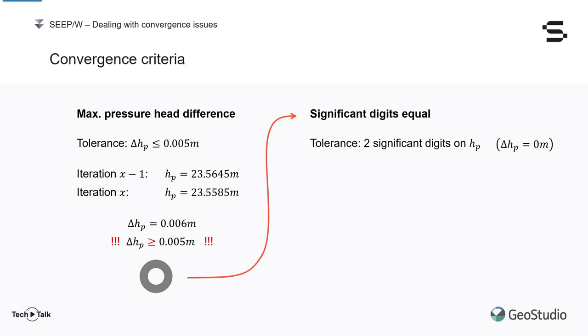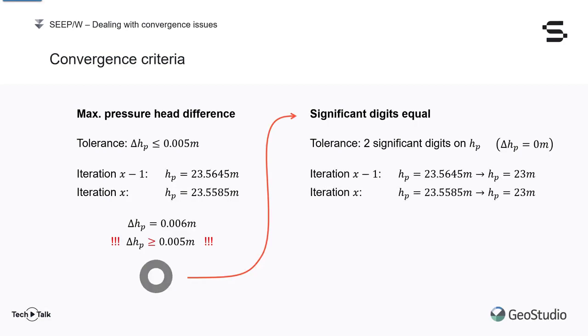Using our test values that failed the first convergence criterion, if we express both using only 2 significant digits, they both take a value of 23 meter of pressure head. Since there is no pressure head difference between these two values once expressed with 2 significant digits, they pass the second convergence criterion. A gray O would still be displayed on the analysis results to indicate that this node failed